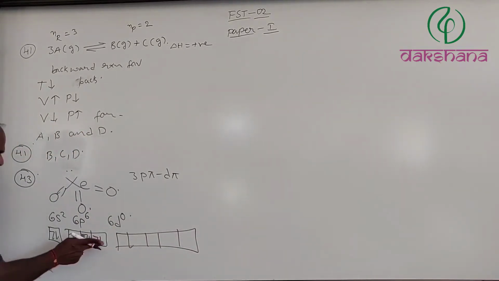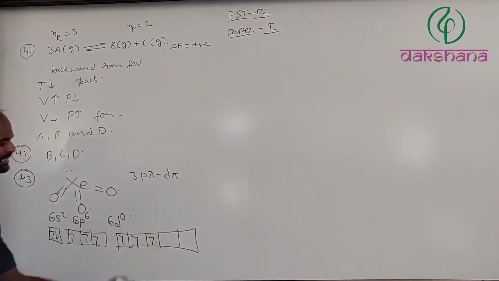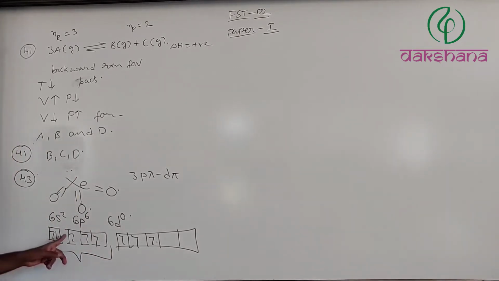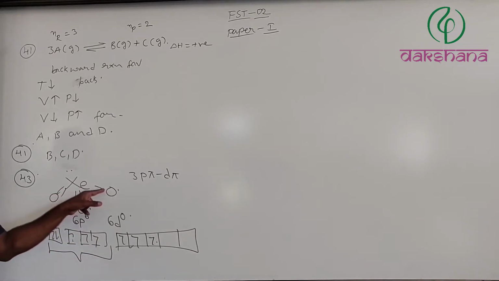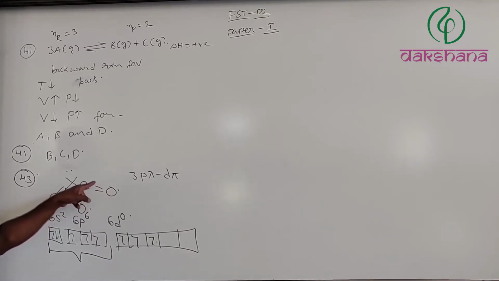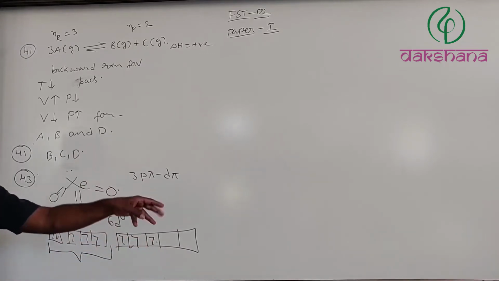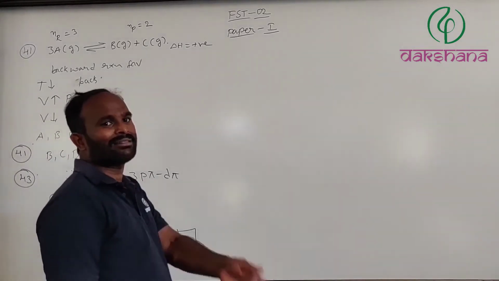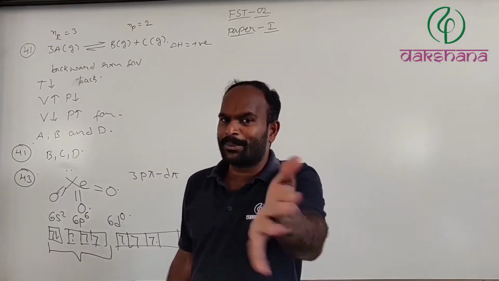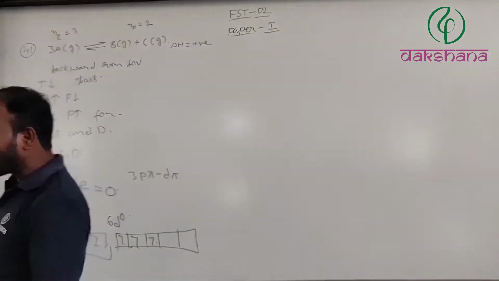Now in the third excited state, 3 electrons will move to the 6d orbital. Here one s orbital and 3 p orbitals will undergo hybridization and form sp3 hybridization. And here we will have 3 unpaired electrons. With these 3 unpaired electrons, 3 p orbitals of oxygen are going to form bonds, forming the sigma bond. And again, how many d electrons are there? 3 d electrons. The number of d electrons present is equal to the number of p-pi d-pi bonds, which we have already seen.